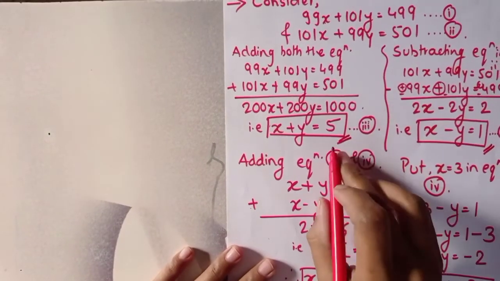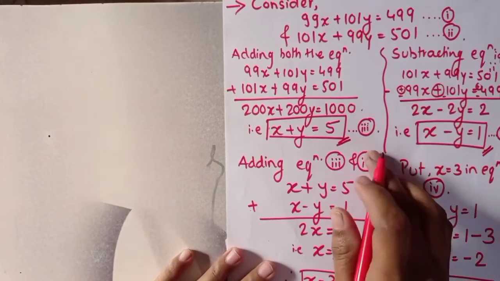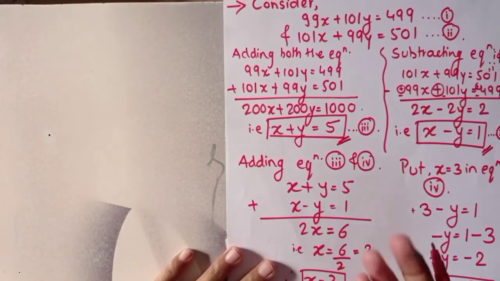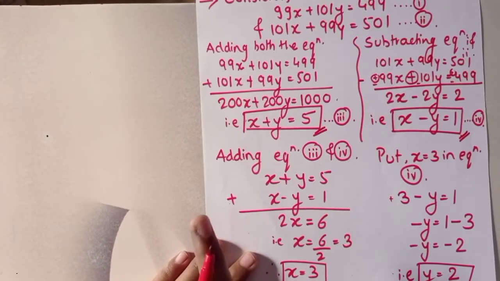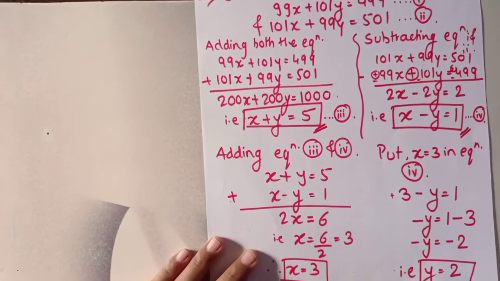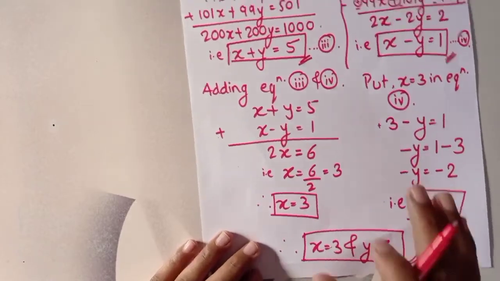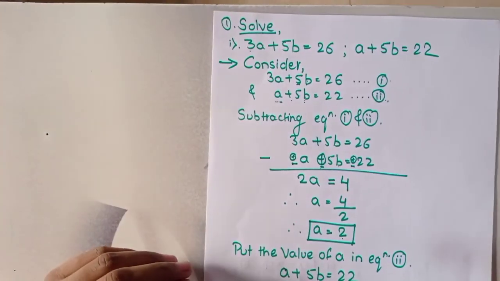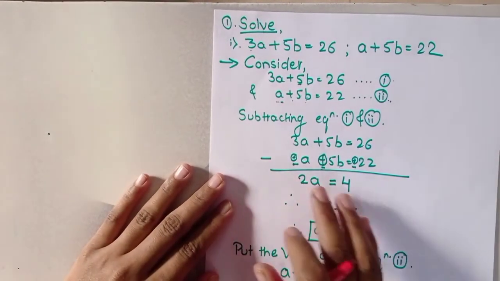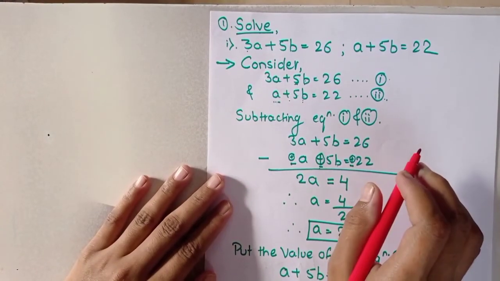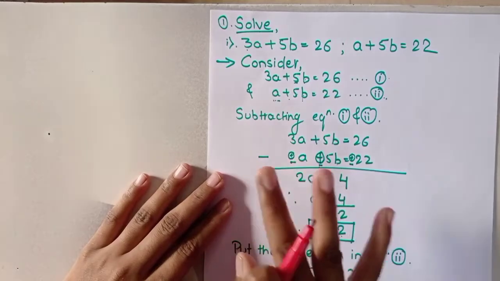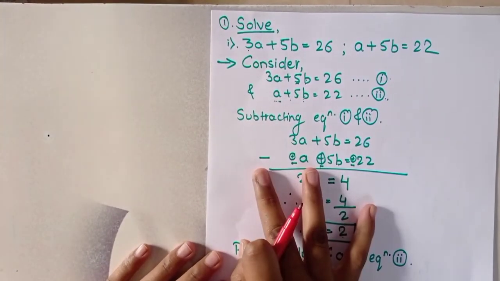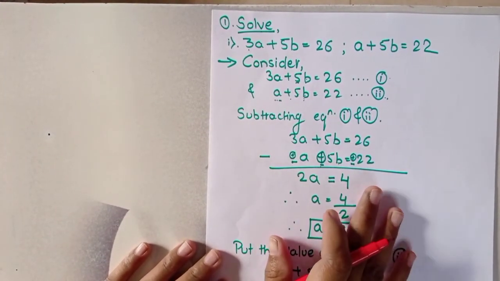After getting the simplest forms, we can solve the further problem with either of the two methods that we solved in examples first and second. In this way you can solve the problems, and in this way we have to solve those simultaneous equations. We have solved three different examples with three different methods.